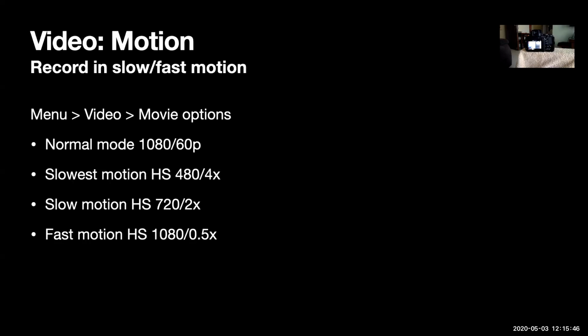Now see how fast it is going. I had moved it at normal speed and it was fast. The video finished already. So that's how the fast motion, slow motion work, and their usages.